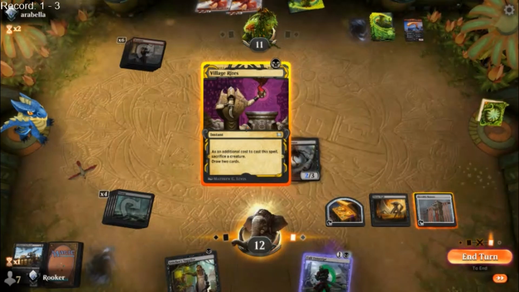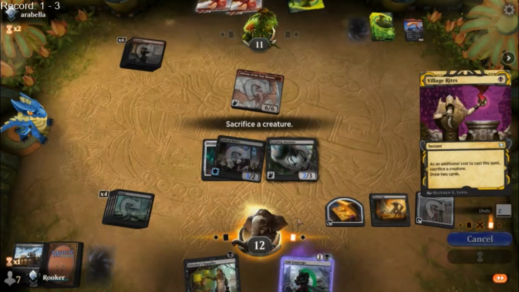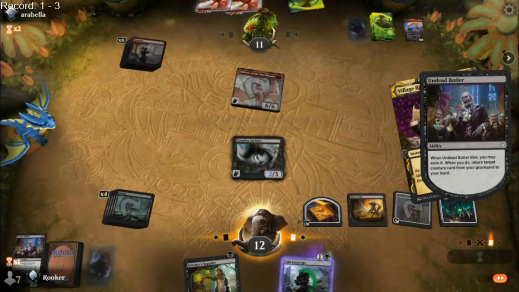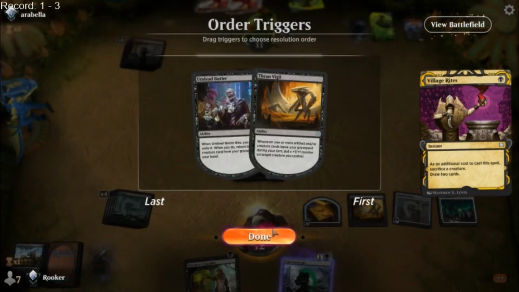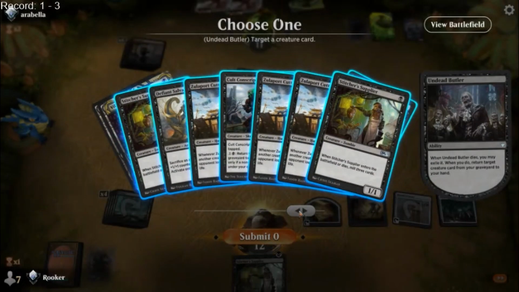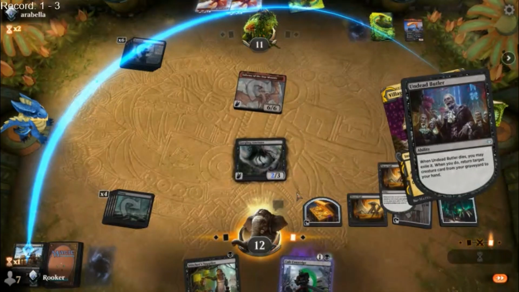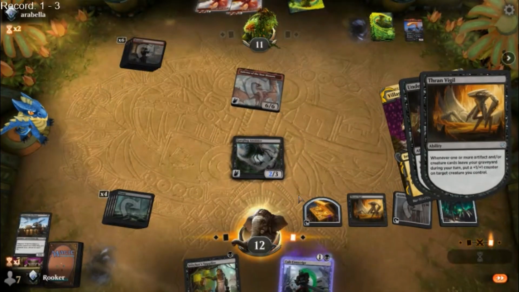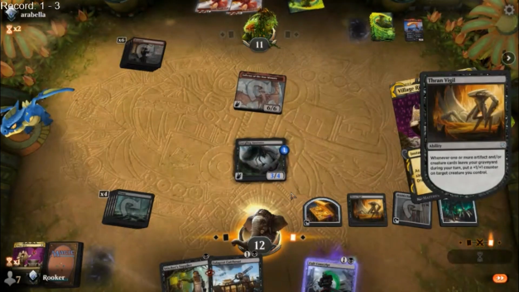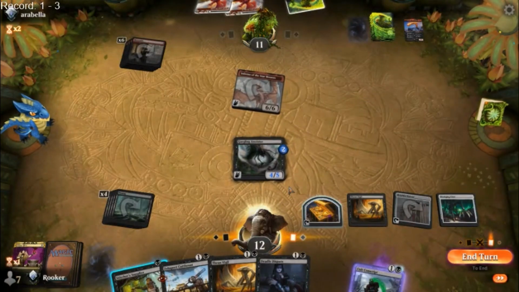Oh, this is cool. Okay, we can Village Rites the Undead Butler. Undead Butler dies. We will exile it, triggering Thran Vigil, by the way. And we will return to our hand a Zulaport Cutthroat. Put a +1/+1 counter on the Gurgling Anointer. Put a +1/+1 counter on the Gurgling Anointer. It can now block a Goldspan Dragon. We have some card draw